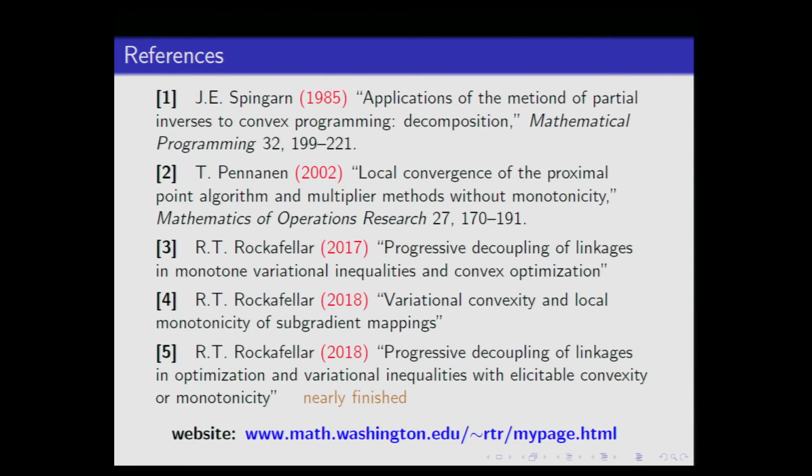There's Spingarn's original paper in 1985 in which he had a method of decomposition, but he only did the convex case, and his R had to be 1 according to what I have, and he just was in a classical framework of convex programming also. Pennanen, on the other hand, developed a different idea of how you could use the proximal point algorithm without monotonicity, but he had a different way through a kind of Yoshida approximation to get some convexity. And it's sort of orthogonal to what I'm doing, but I think at some stage you'll be able to put them together for two purposes and get some advantage of it.